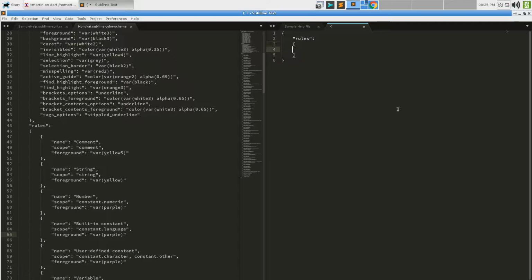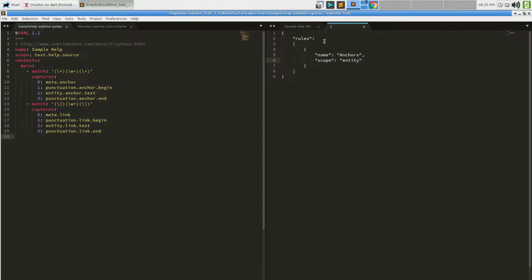Now, inside here are all the rules for something. So if I say that the name is anchors and the scope is entity dot, what did I even call that? I've already forgotten. Entity dot anchor, like so.